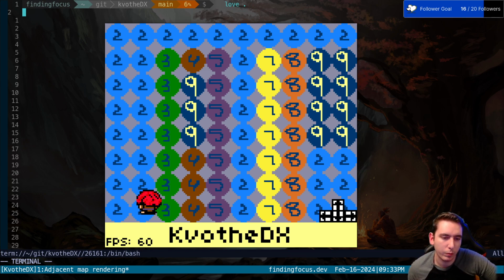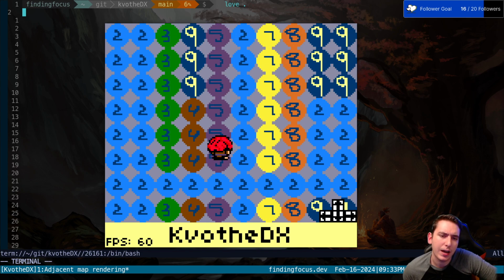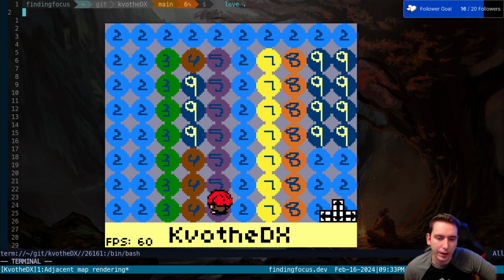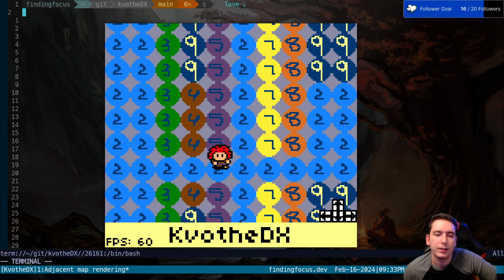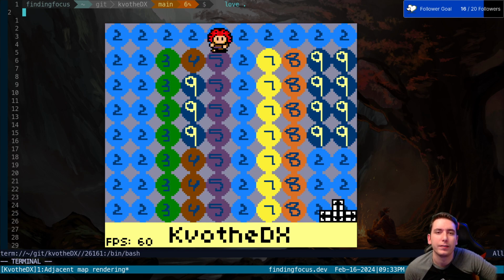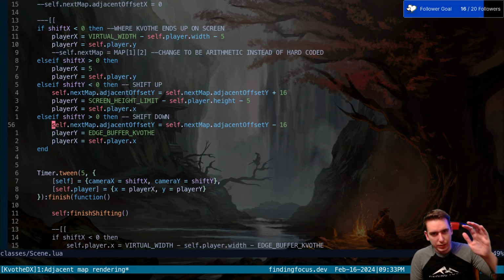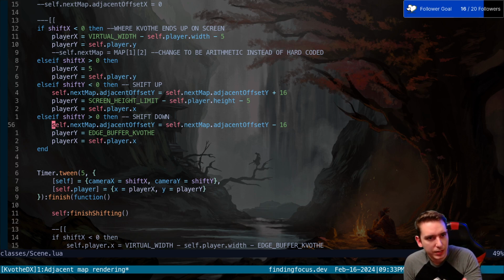Not 1 pixel, one tile too far. It needs to stop right there, not there. And it needs to stop right there, not there. And then it'll be perfect. So the adjacent offset is looking good. It's just that